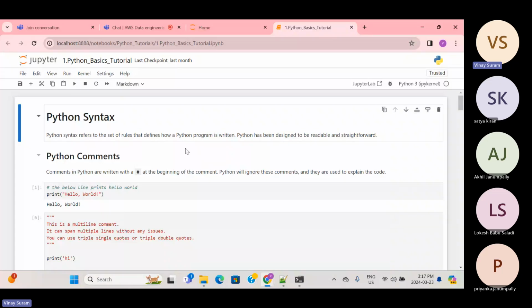Sorry, created using Python. If you look at ChatGPT, most of the things completely use Python everywhere. Python is used in machine learning, data engineering, and sometimes even web applications. Frameworks like Flask will be using Python. And then